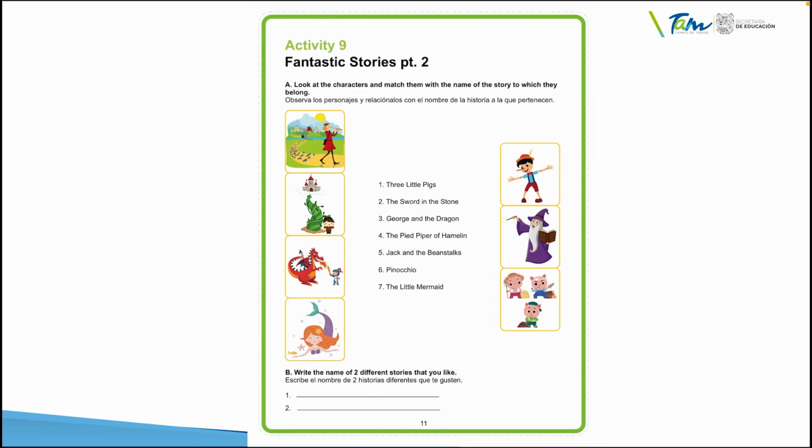Activity 9. Fantastic Stories Part 2. Look at the characters and match them with the name of the story to which they belong. Ok, van a observar cada imagen y la van a unir de acuerdo al título de la imagen que los relaciona. Ok, and then it says write the name of 2 different stories that you like. 2 stories that you like. Okay,